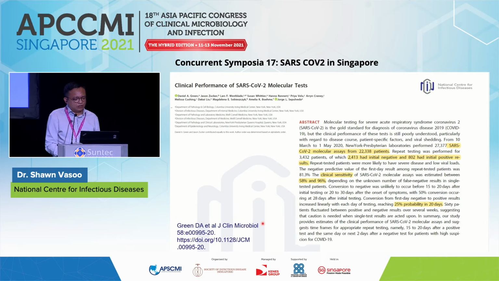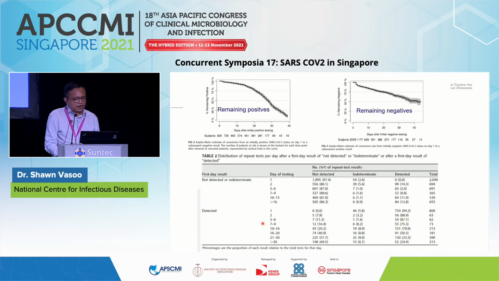So here, in about 3,400 patients in a GP network who were tested and had repeat testing, 802 had initial positive results, 2,400 had initial negative, but then the negative predictive value, for these are people who got repeat positives, was about 80%. And you can see if you kept retesting them, this is like the decay curve of the number of remaining negatives, a large number, that's a significant proportion